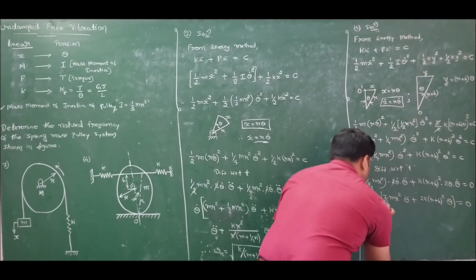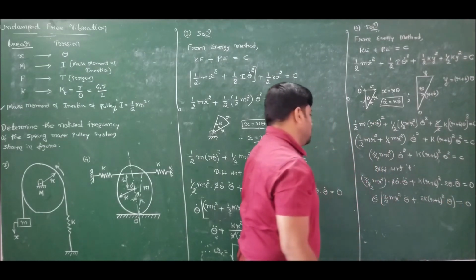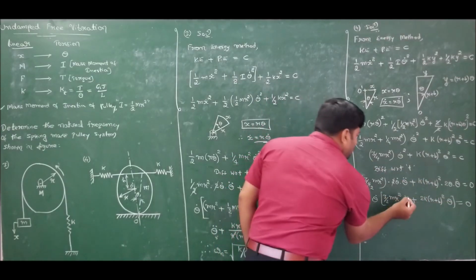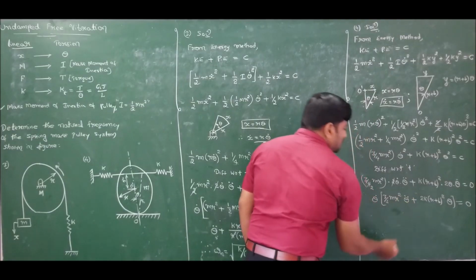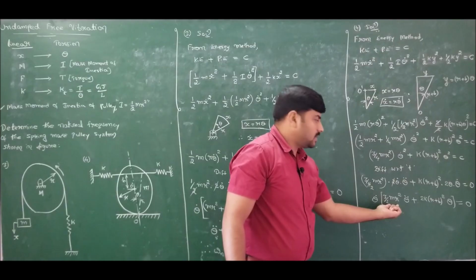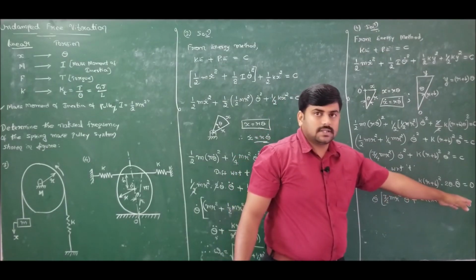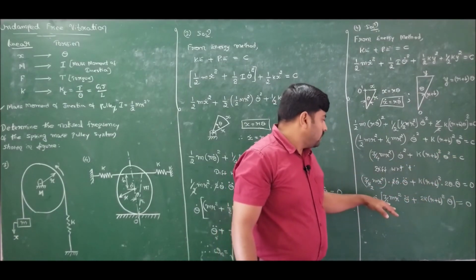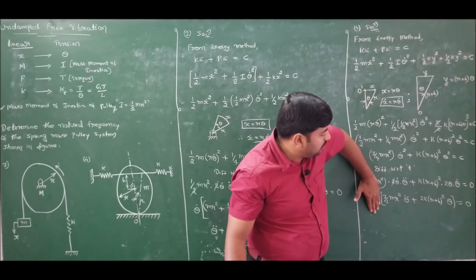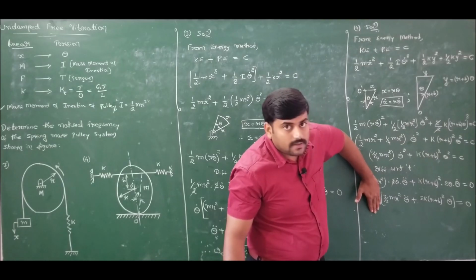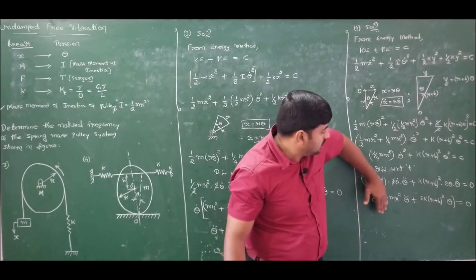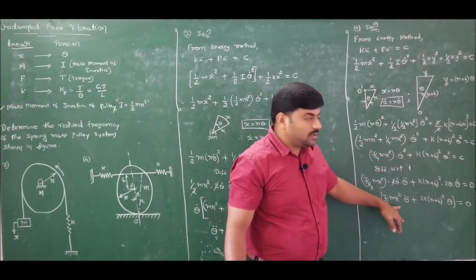So I have taken theta dot common throughout. Now send this theta dot to the RHS. This will cancel off. 0 by anything will become 0. Now I am left with an equation like this: 3 by 2 m r square theta double dot plus 2k into (r plus b) whole square theta. Now to get into the standard form, the coefficient of acceleration should be unity. Hence divide this equation throughout by 3 by 2 m r square.